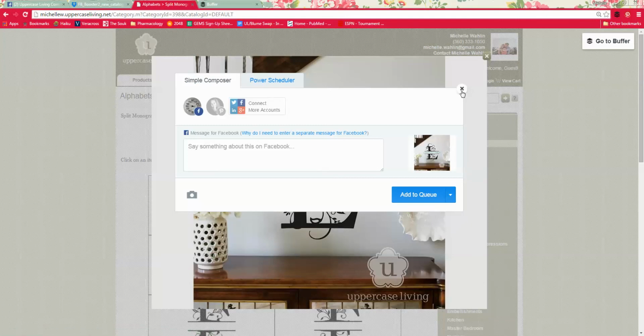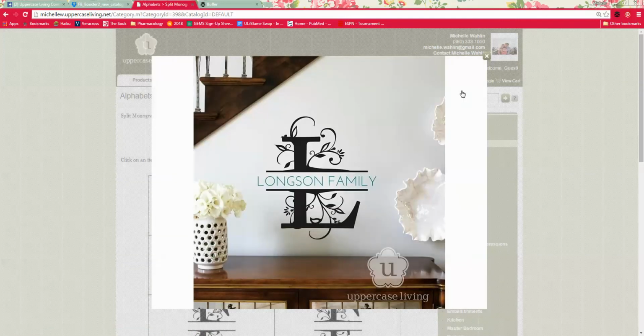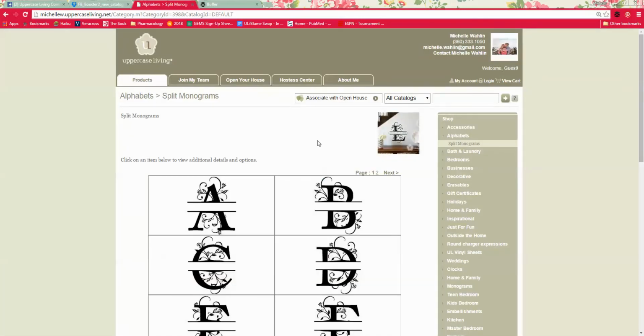So as you can see, it makes it really easy to share posts to social media without worrying about saving them all to my computer first and then uploading them. Really easy to schedule posts, and hopefully this